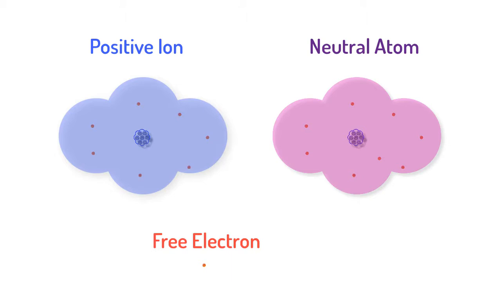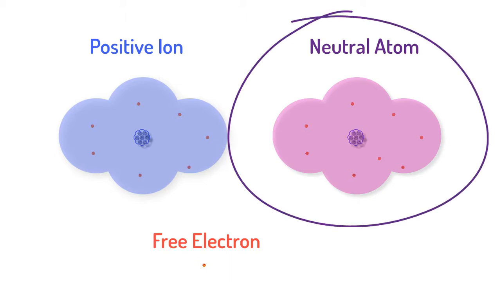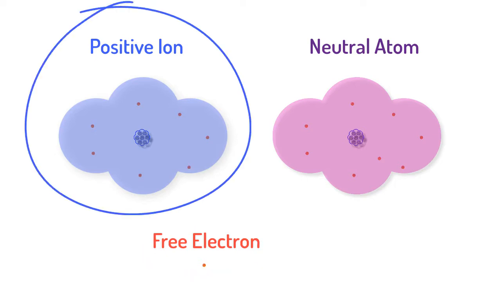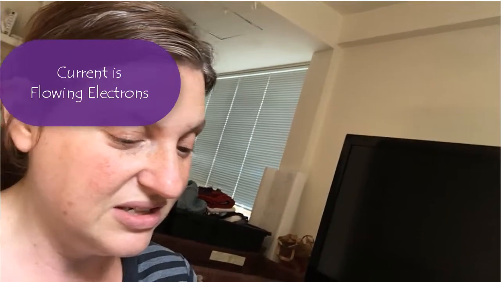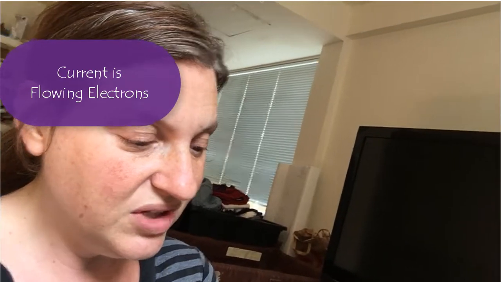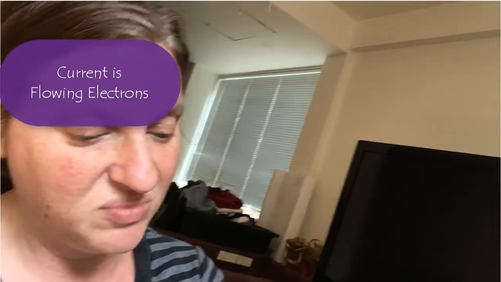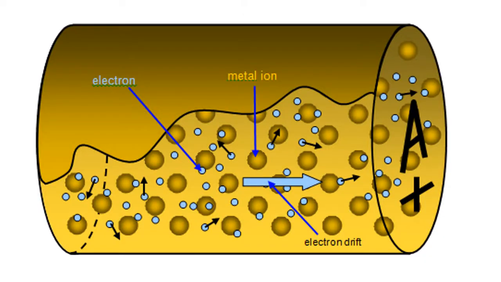To recap, objects are made of heavy neutral atoms, negative tiny free electrons, and heavy positive ions, atoms that have lost an electron or two. Current is made of flowing electrons. That is all current is. Now, the individual electrons do not move very far, but they basically set up a wave of electrons moving generally in the same direction. Metals have a lot of free electrons and ions, so electrons can flow easily through them,